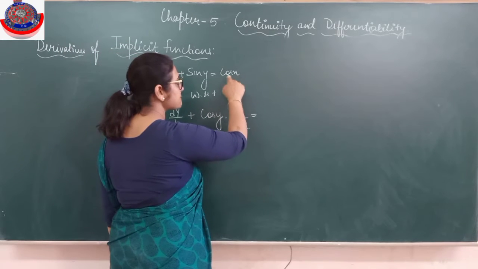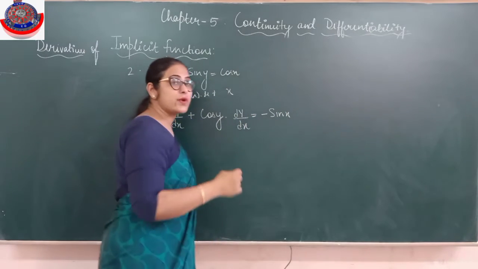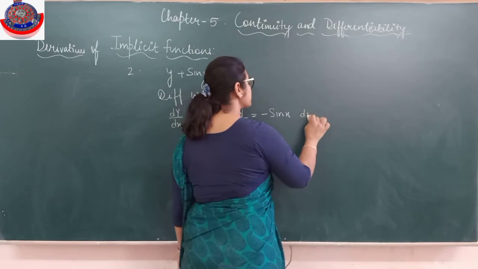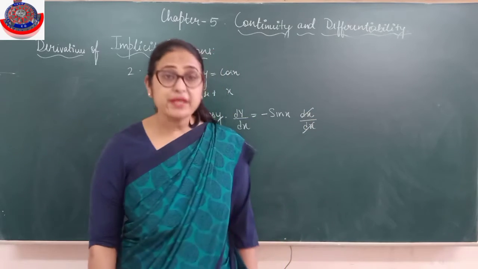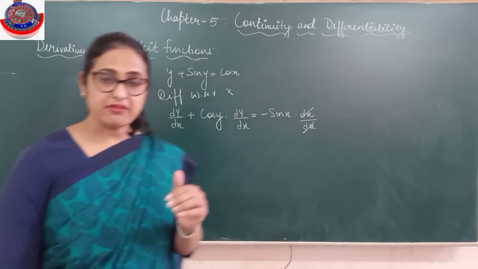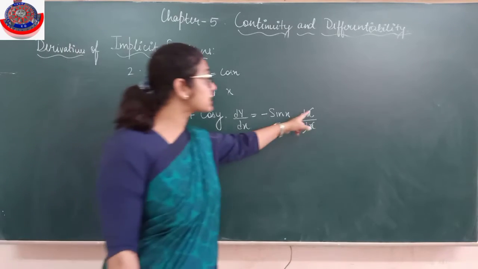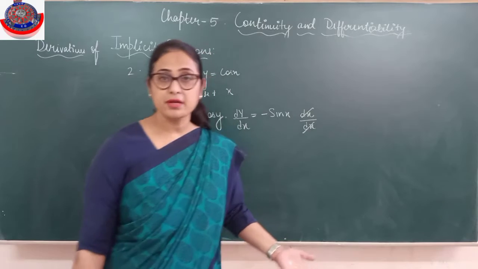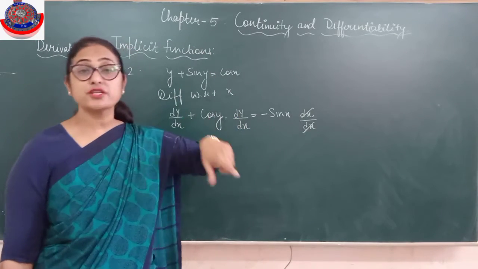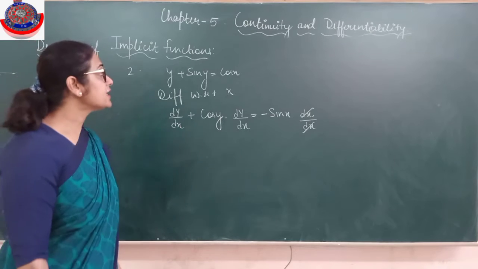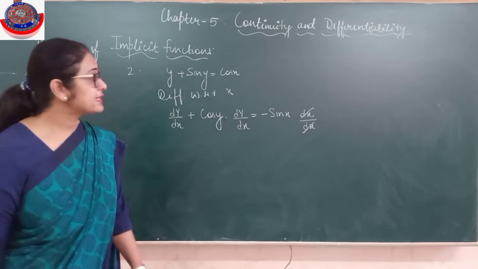Like this will also come with cos x. The differentiation of cos is minus sin x. Now the differentiation of x with respect to x is dx upon dx, that's why it becomes 1. We don't express that. When we differentiate a variable with respect to itself, we don't write it because it cancels. But it will be highlighted when I'm differentiating one variable with respect to another. Clear? So differentiation of cos x with respect to x would be minus sin x.